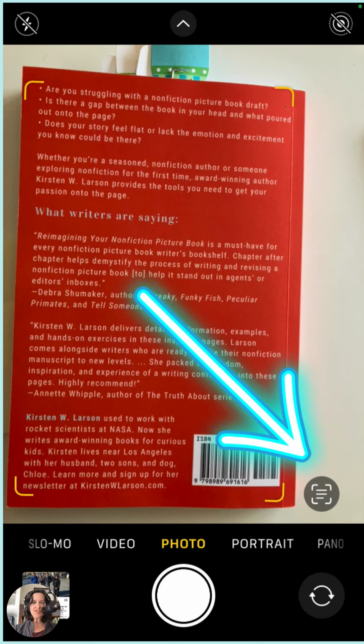Everybody, it's nonfiction author Kirsten Larson here with another nonfiction tip or trick to make your researching and writing nonfiction so much easier. Today, I want to tell you a little bit about a new thing I discovered in the